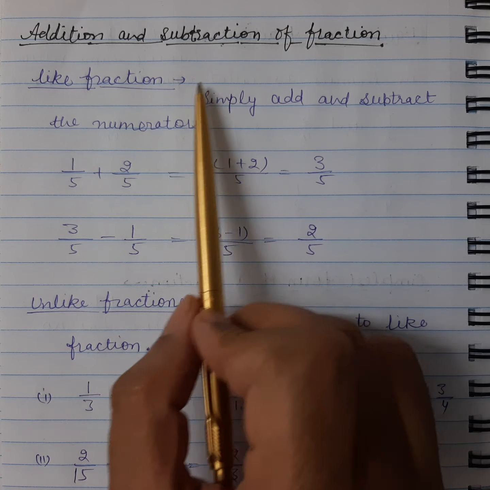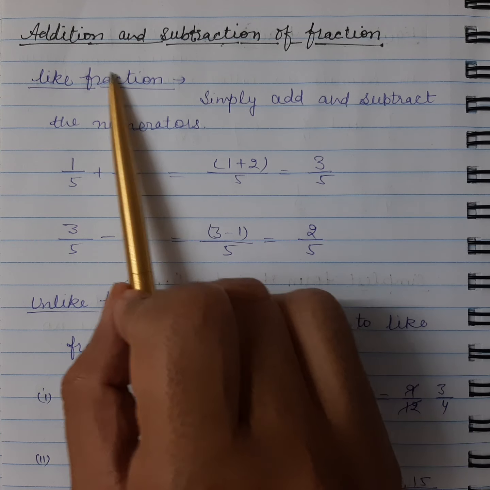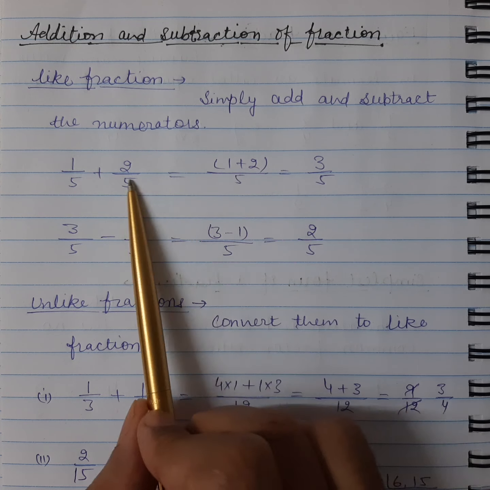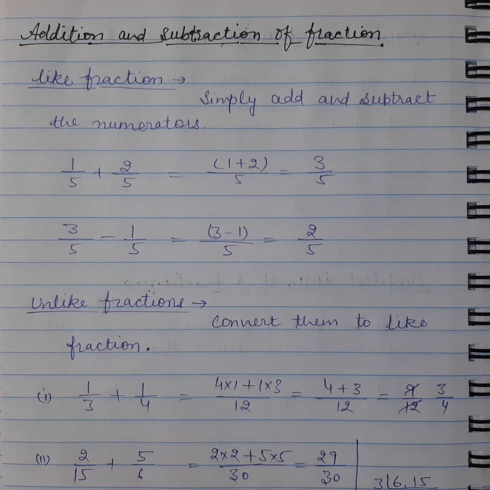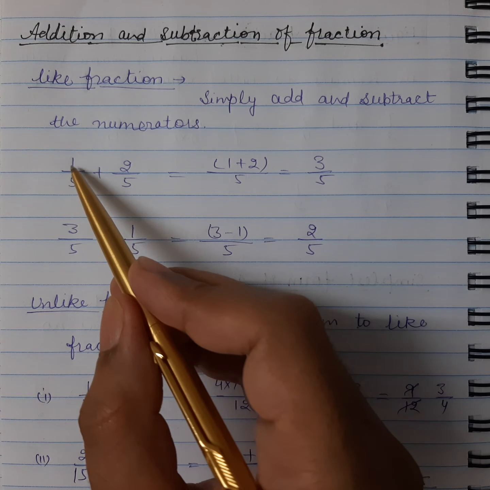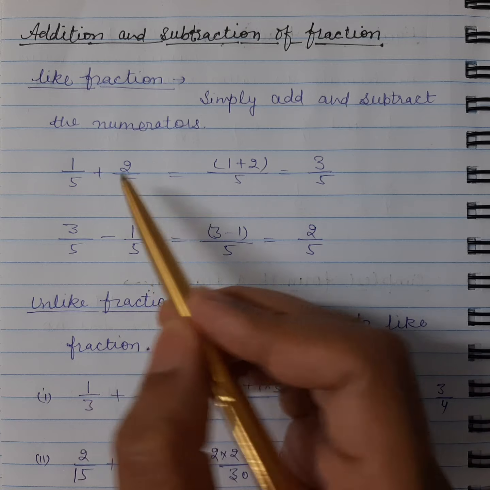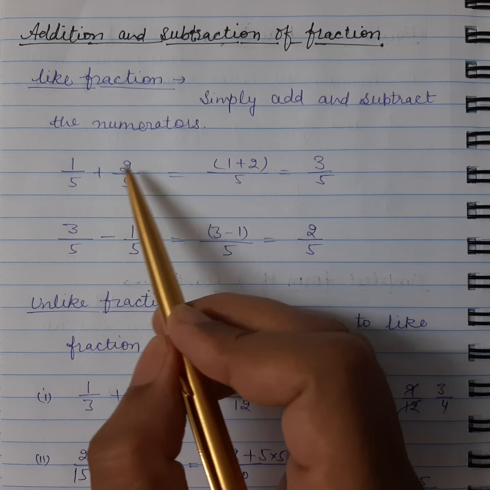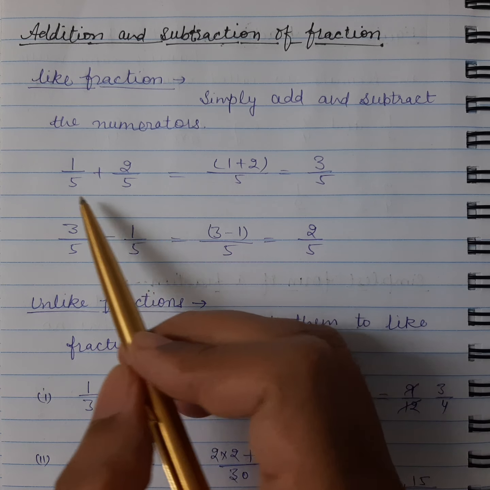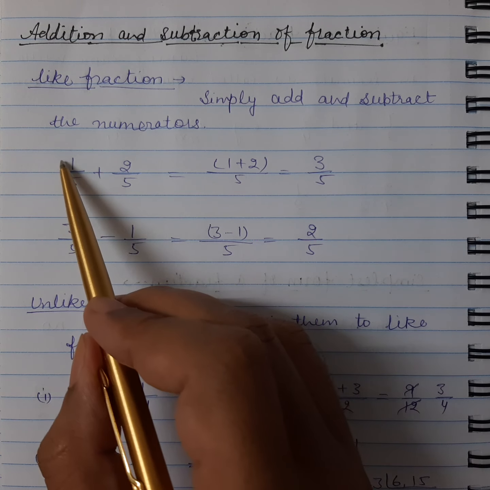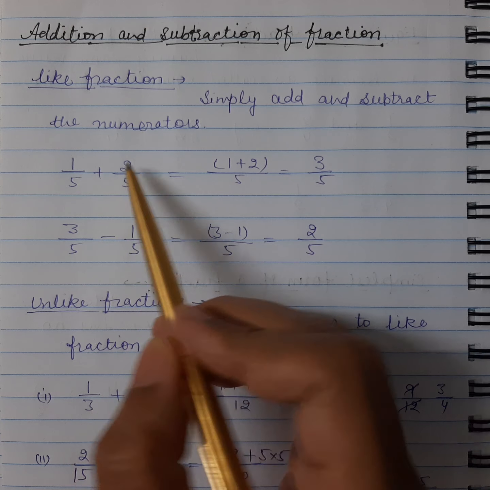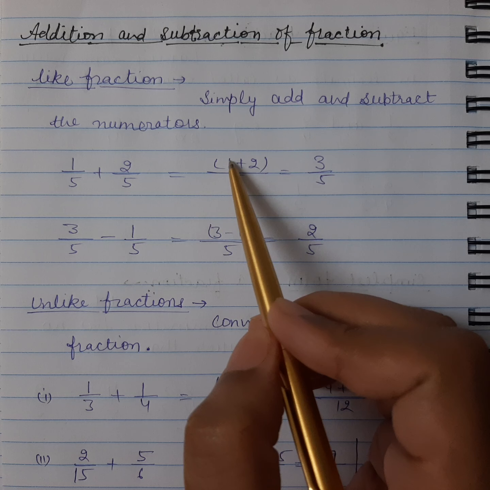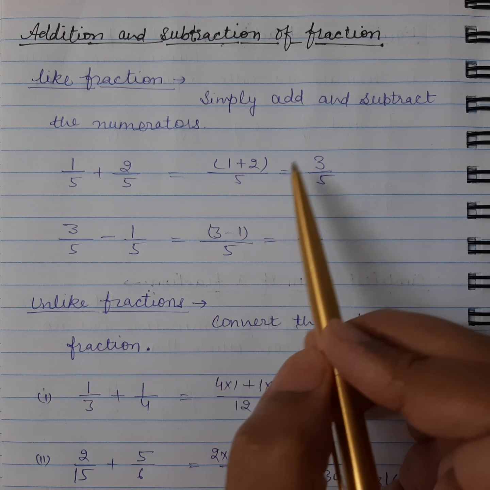When we have two like fractions and we have to do any addition or subtraction, we just add or subtract the numerators. So for example, in these two fractions, 1 by 5 and 2 by 5, these are like fractions because we have the same denominator in both. If we have to add these two fractions, we just have to add the numerators. So 1 by 5 plus 2 by 5 will be 1 plus 2 divided by 5,